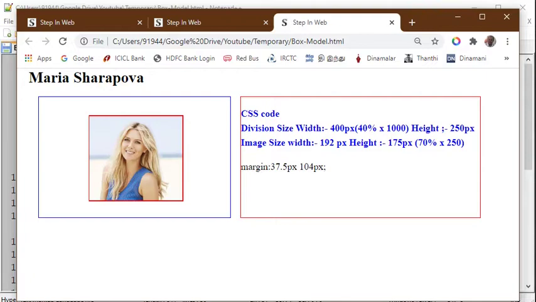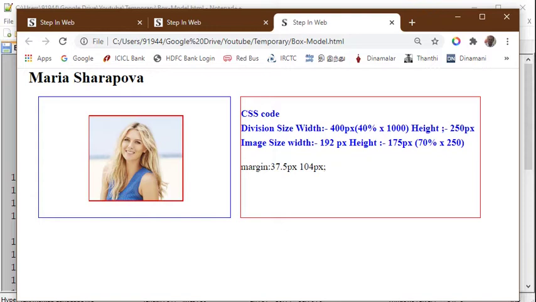You can see the division size in the blue border is 400 px, that is 40% of 1000 px of body, and height we specified as 250 px. In the same way, the image we specified as 70%, so 70% of 250 is 175 px height, and with that ratio of 1.1 it comes to 192 px of width.